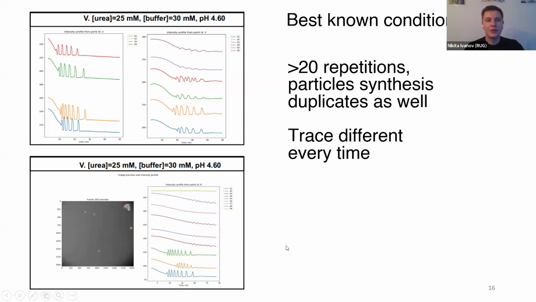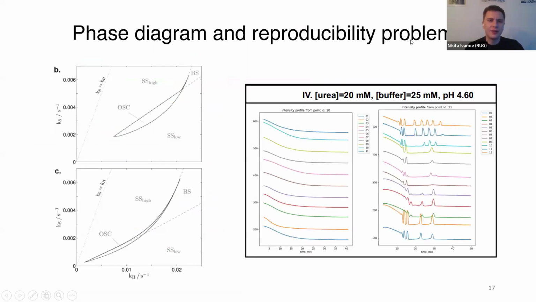We arrived at the situation where we found that it was actually a miracle that we had found this region, particularly if we just change the concentration here by 5 millimolar. So in this case, by 20%. We already arrived at the situation where it either does it or does not, and the oscillations become irregular.